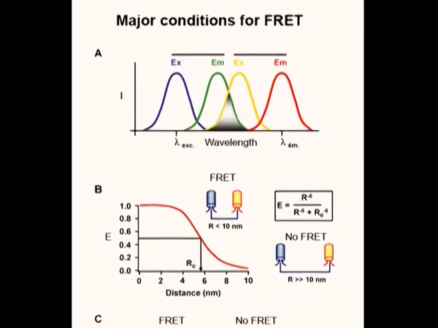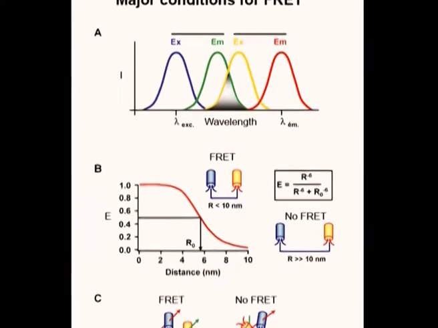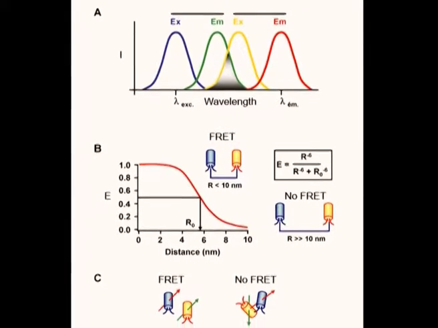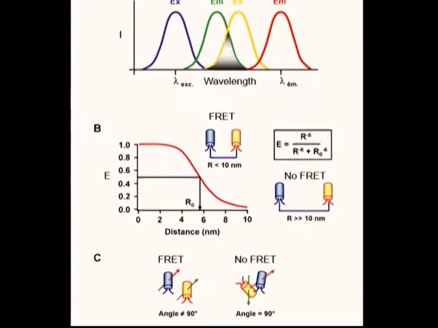Now, in case of FRET, what happens if there are two fluorophores which are so close together that there can be dipole-dipole coupling, then one fluorophore acts as an acceptor and one fluorophore a donor. So the incident light is accepted by the donor fluorophore, which gets excited. Now this will lead to corresponding excitation of the acceptor fluorophore, and this will happen when this excitation energy is